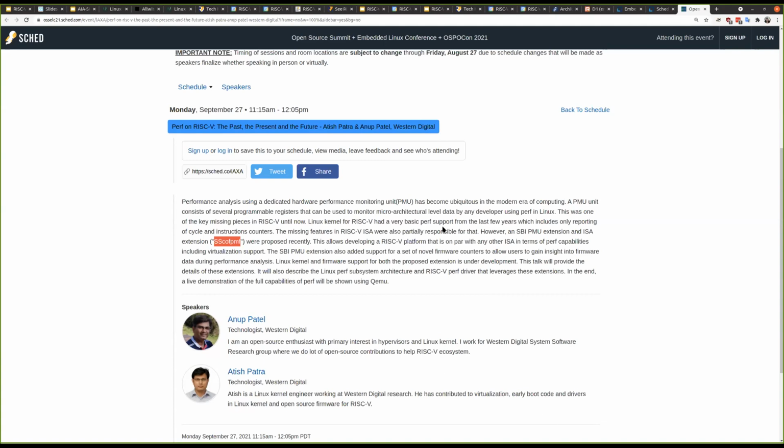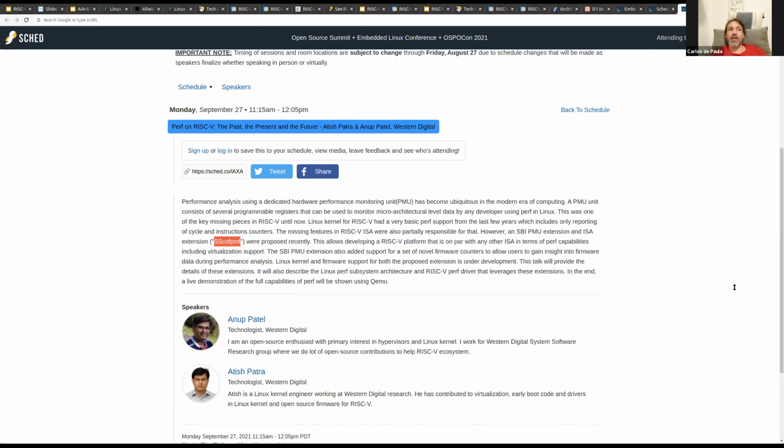One is the hardware events, what the platform or the hypervisor supports underlying, and then you will also have firmware events, where OpenSBI will expose some of the software stats through the same interface. And then the hypervisor can also expose some of the software stats through the same SBI interface. And then the driver does not change. Do Perf or BPF require something in the SoC or in the core, or is it all in the kernel